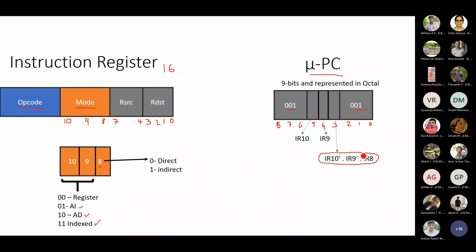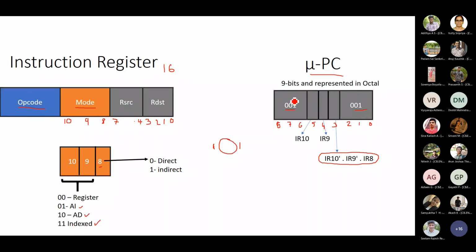So if it is register direct, can you tell me what will be the jumping address location? The first 3 instructions are common. After that, you have to jump to a particular address location to start executing add if it is register direct. So you can compute what the address location would be if it is register direct. The first 3 bits are common. You can give me the octal address. First, 1 and 1 are fixed. What will be the middle number?